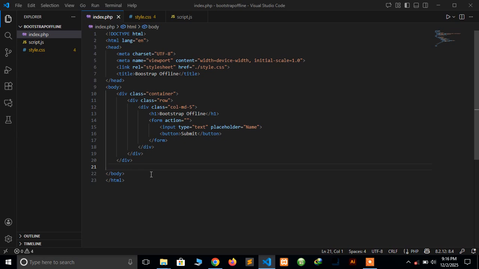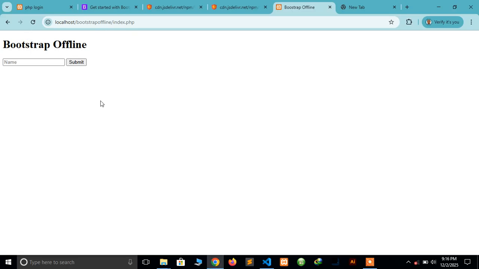Then I also bring my script tag here, and then the src, that one will also be script.js. As soon as I do that, the same code I'm on, when I refresh,